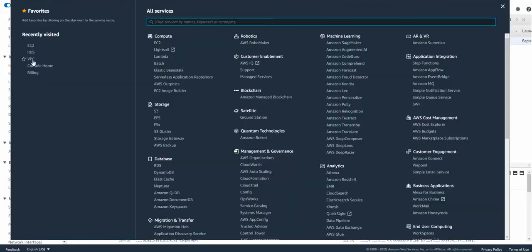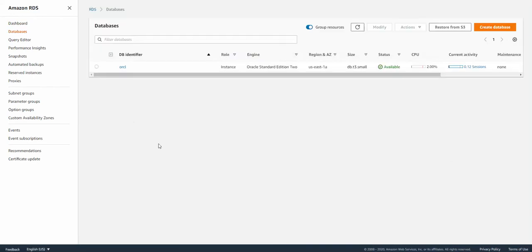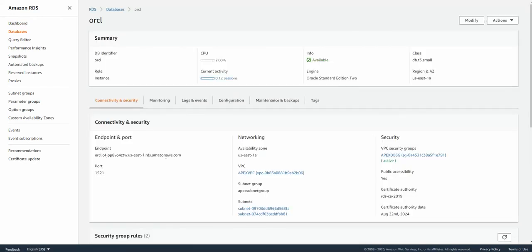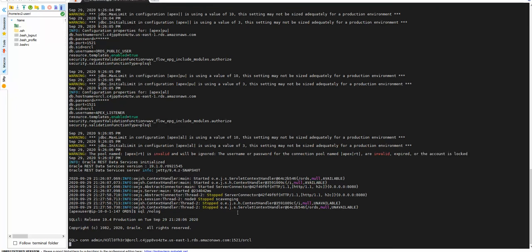Now we have to go back to our RDS and grab our database's DNS host name. So I'm copying that, putting it over here, and 1521 is the port, and ORCL is my SID. Let's connect to that.